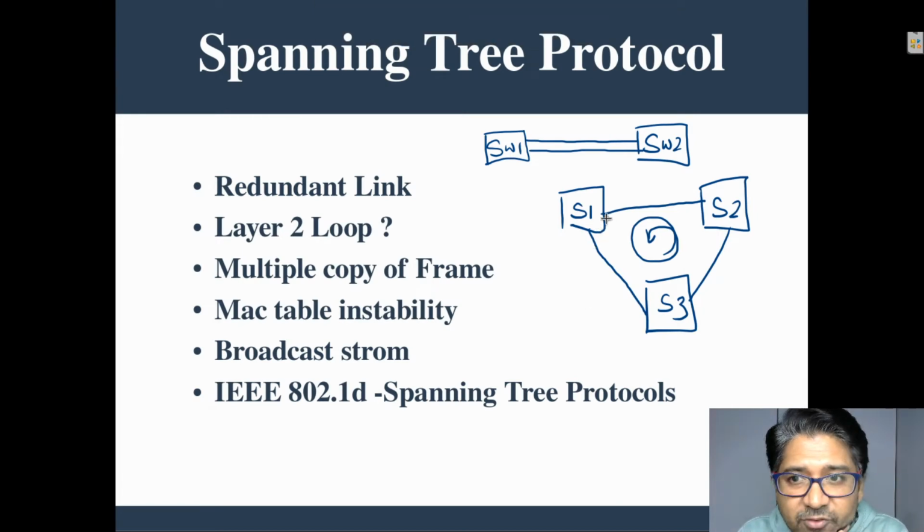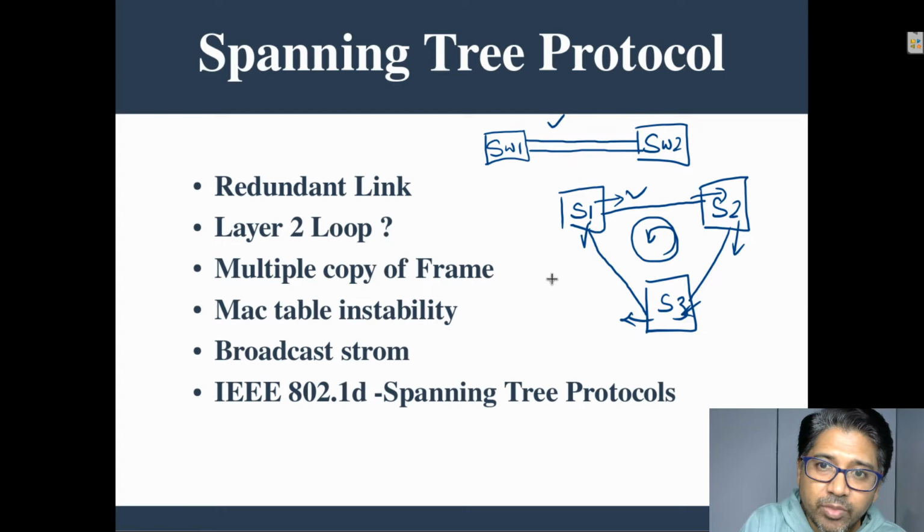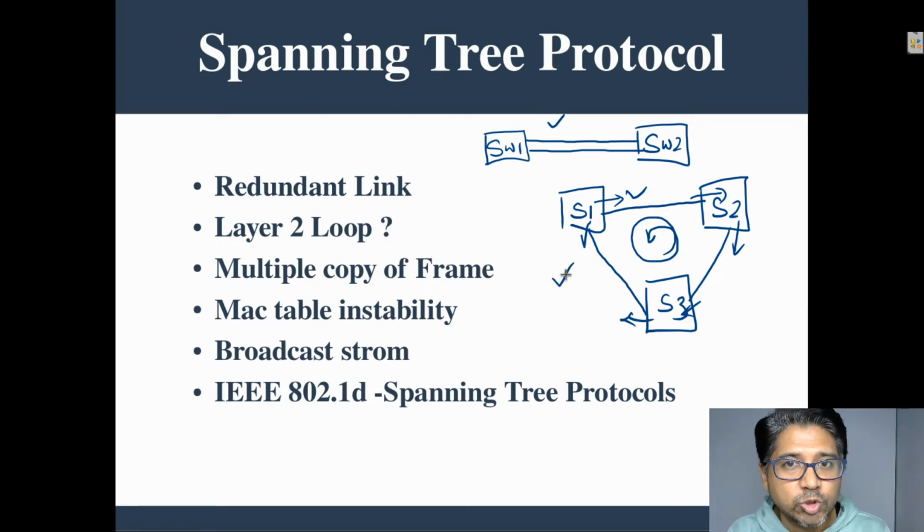Even though it's not connected to the same switch, they will create a loop because it will send to this, it will come to this, again it will send to this, and this frame again comes to this point, switch 1. Now switch 1 will think, I sent from here, so what I receive here is a new one. So it will send it again because it thinks it's new. So both are redundant, and both forms depend upon topology. Redundancy, if one switch can get the same frame,